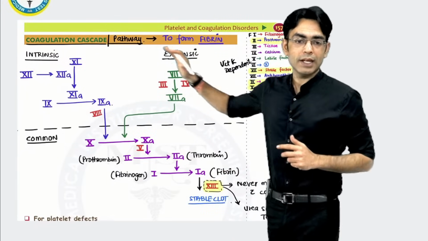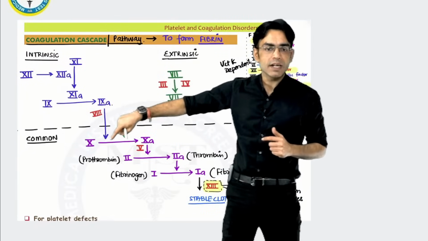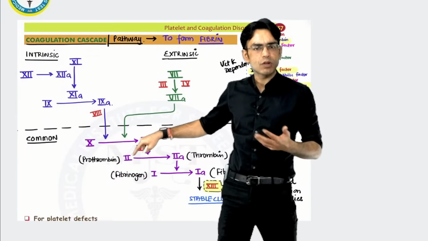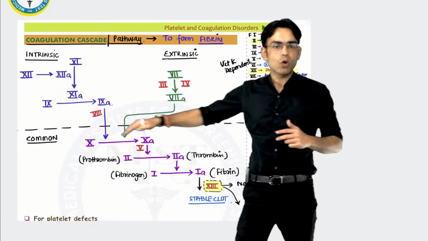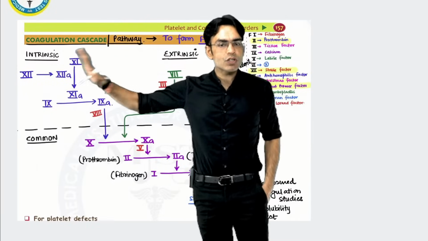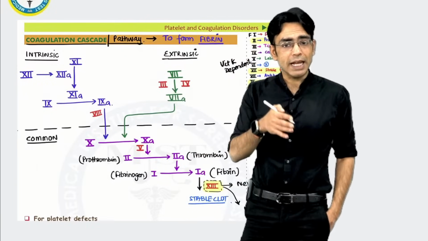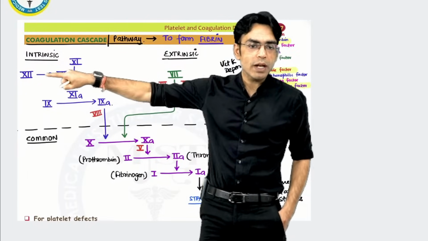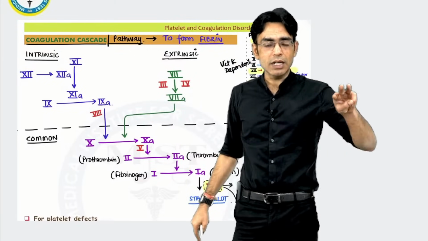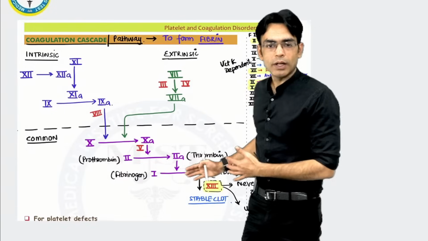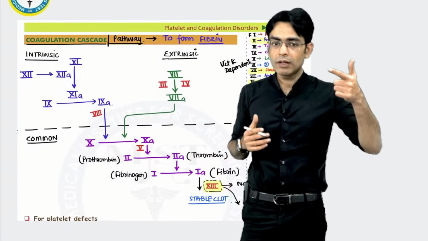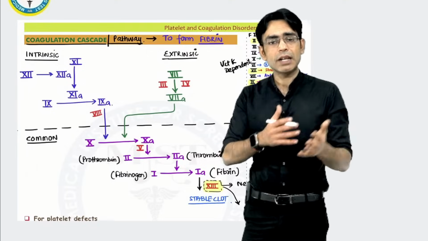So देखो, ये जो common pathway है ना बहुत easy है याद करना. It is 10, half of 10 is 5, then half of 5 is 2, मतलब 2.5, so you can take it 2 and उसका half 1. So common pathway तो बेटा 10, 5, 2, 1 हो गया. Intrinsic pathway starts with the activation of 12, उसके बाद 11, 11 के बाद 9 और 9 को 8 चाहिए होता है. So 12, 11, 9, 8, 10, 5, 2, 1. This is your intrinsic pathway, a longer pathway.